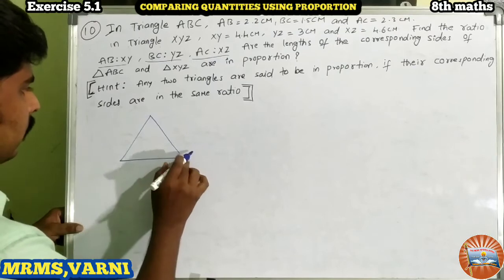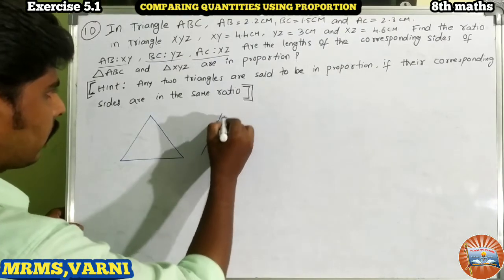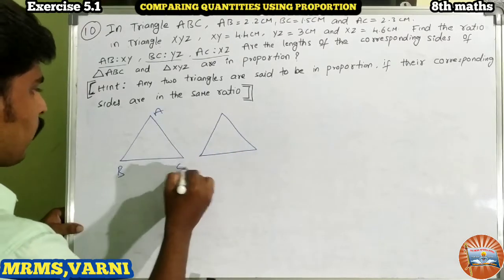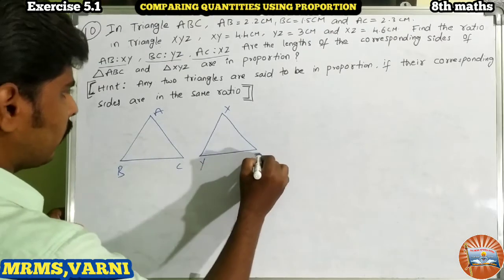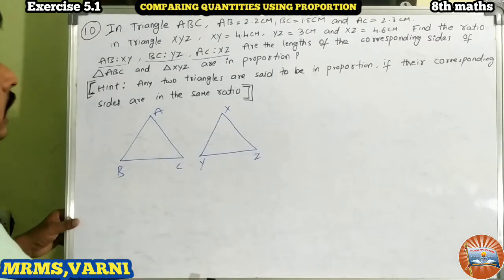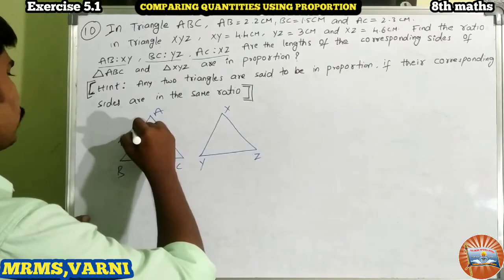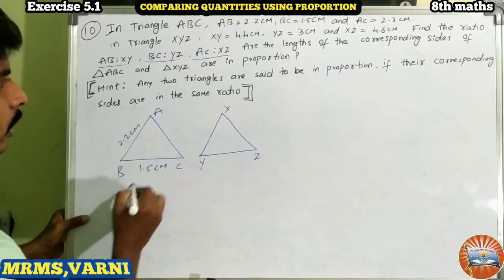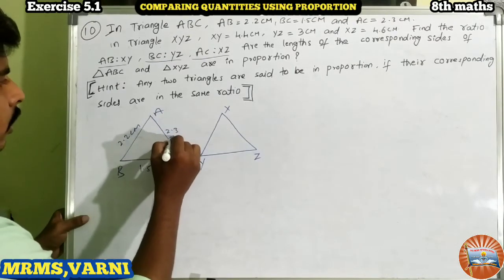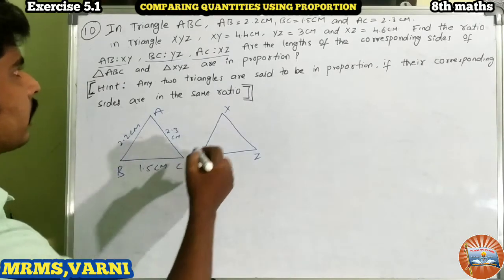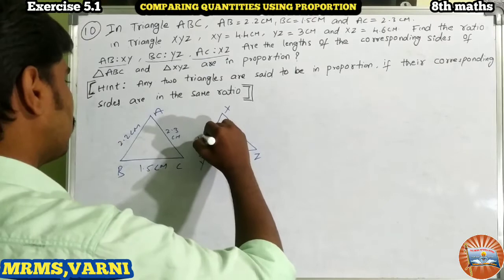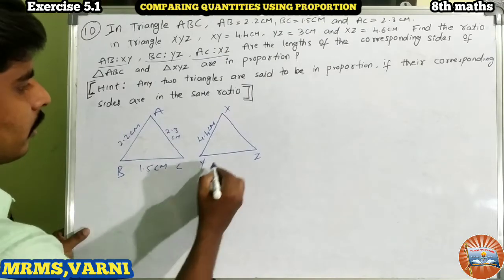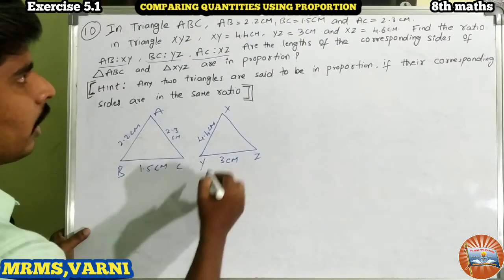Yeah, this is the triangle and we have to take another triangle. Yeah, it is triangle ABC. This is XYZ. Okay, given AB 2.2 cm, here it is 2.2 cm, BC given 1.5 cm and AC given 2.3 cm. Okay, right, next XY given 4.4 cm and YZ given 3 cm and XZ given